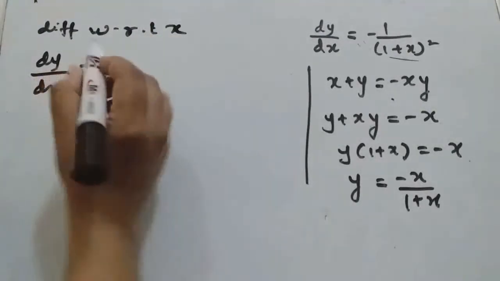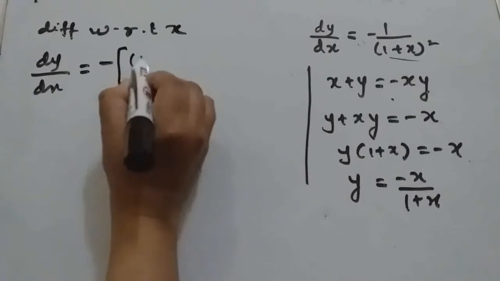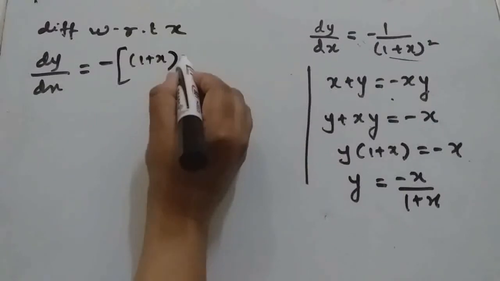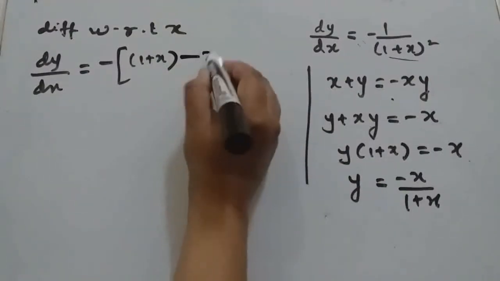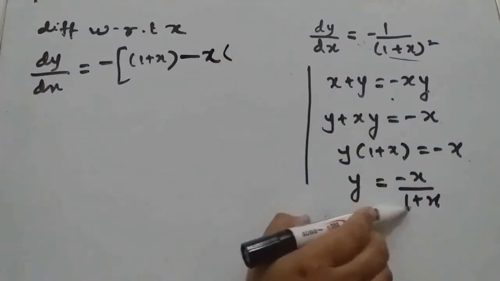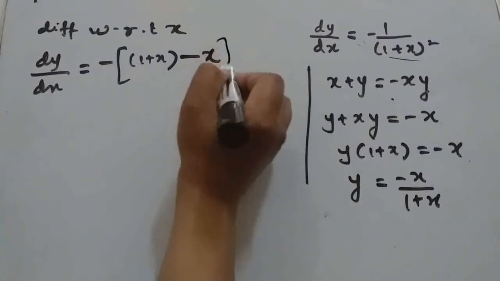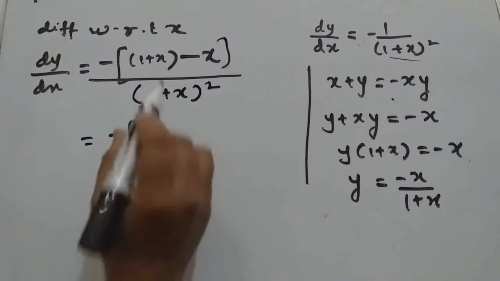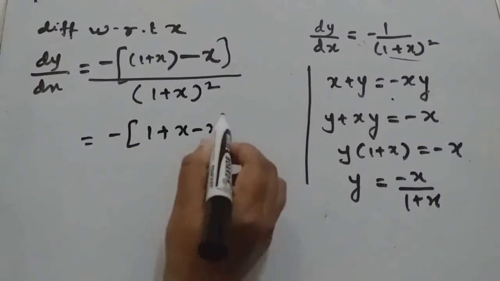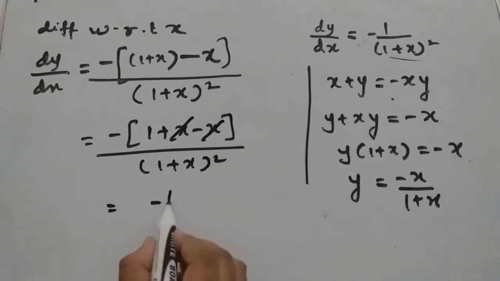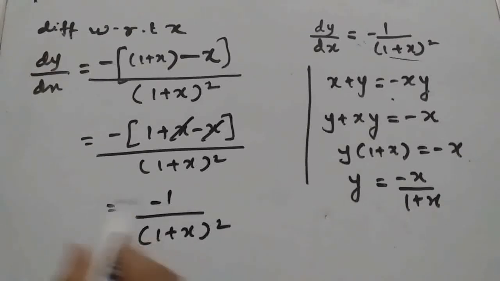Quotient rule we can apply, isn't it? Denominator same, derivative of the numerator is 1 only. Okay, so I am not writing the minus. Numerator same, derivative of the denominator: derivative of 1 is 0 and of x is 1. So again 1. Divided by the denominator squared. So see, this will give (1 plus x) minus x over (1 plus x) whole square. So this will go, and the answer will be minus 1 by (1 plus x) whole square. So we have proved it here, isn't it?